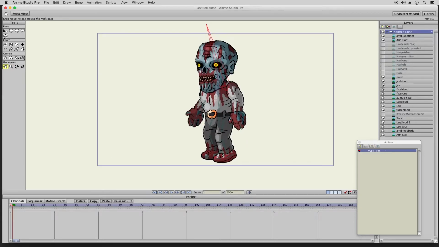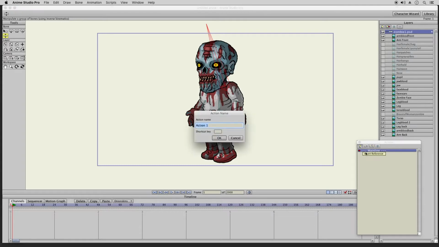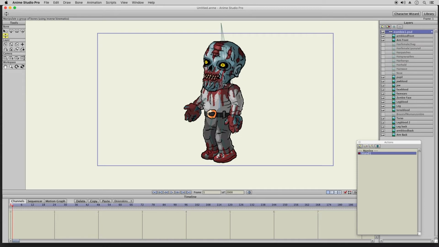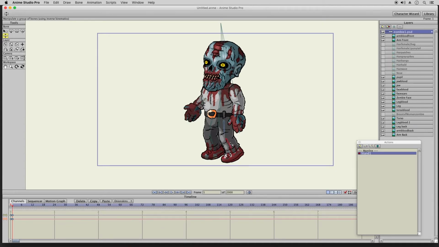So with this zombie here, alright, the first thing I'll do is the stand, and I'll call it stand 1 because this zombie is going to be a collection of several zombies, and I'll try different styles as well, but this particular zombie. Alright, so here's the basic stand,